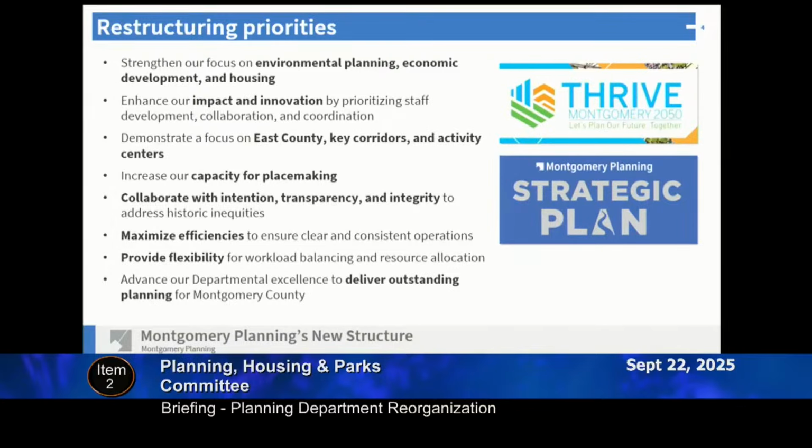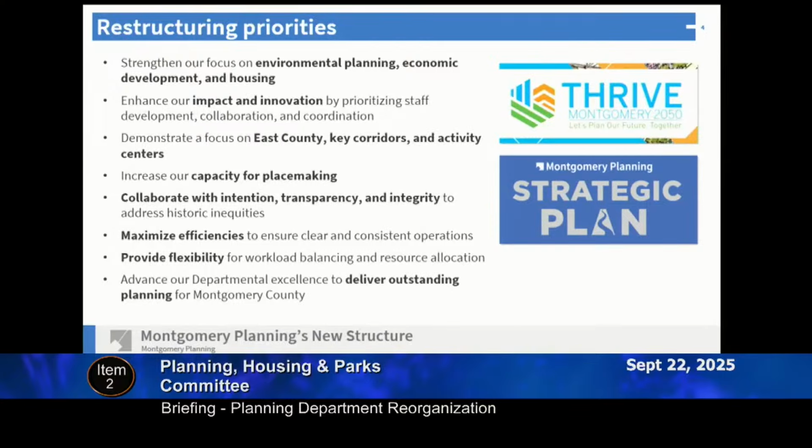Quite literally, for each structure option we considered, we had a table that we checked off which of these the change achieved. And if a change didn't achieve any of these priorities, we didn't make that change. We weren't making change just for the sake of change. We had to have a purpose and achieve a purpose.